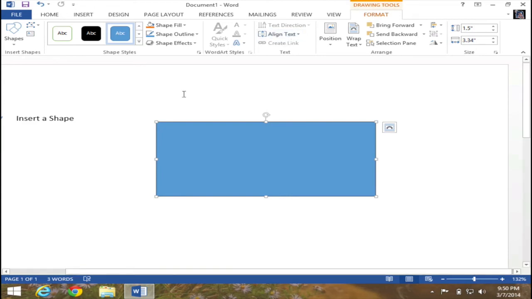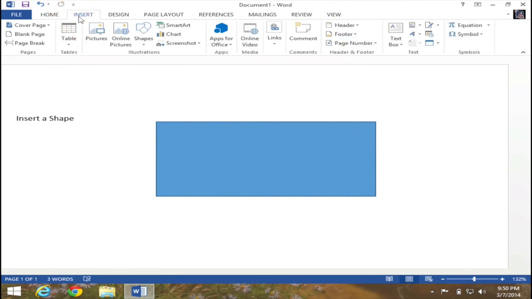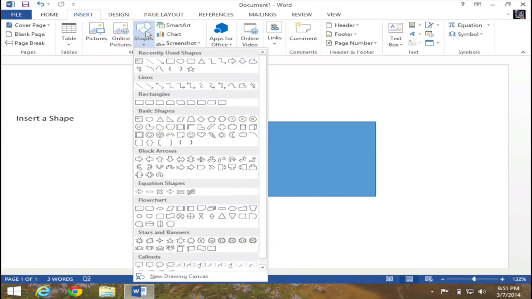Before I conclude this video, however, I want to show you once again how to insert a shape. So at this point, I'm going to deselect the shape by simply clicking outside of the shape. And now, as you can see, my cursor is once again flashing. At this point, I'm going to go back to the Insert tab. I'm going to go back to the Illustrations group, click on the Shapes button,